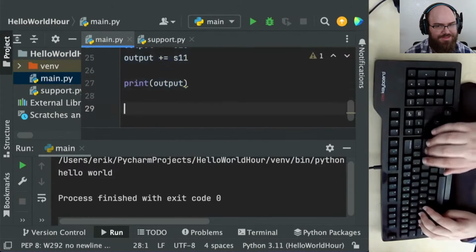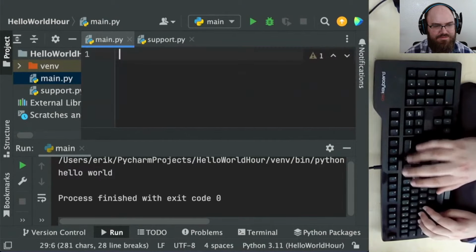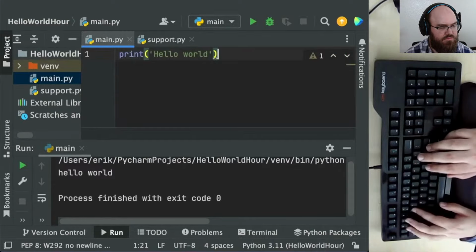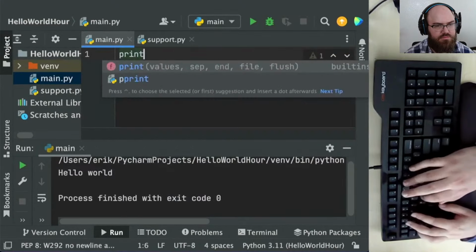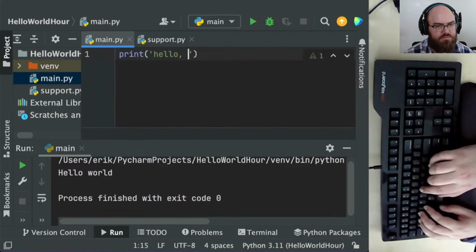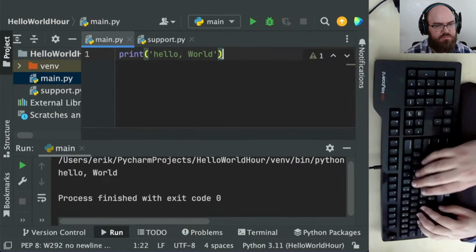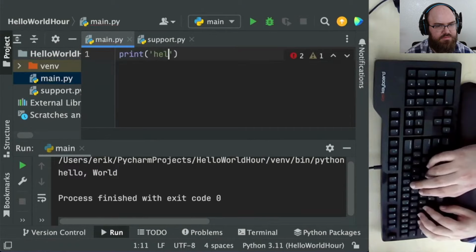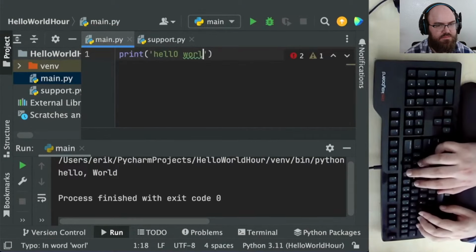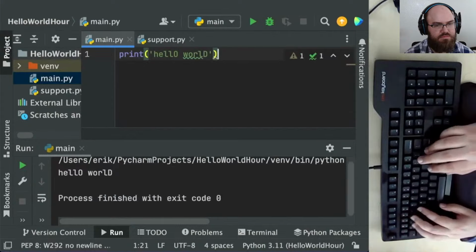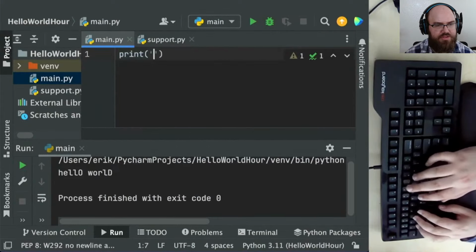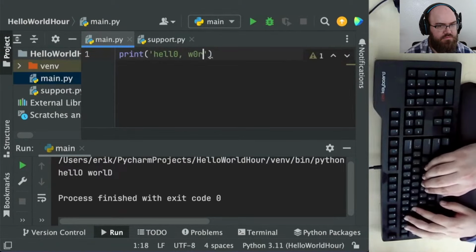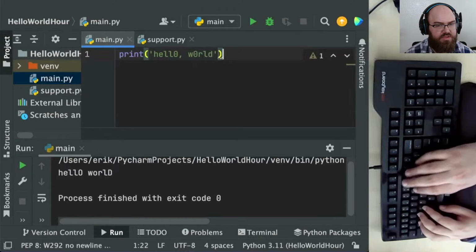What a surprise. Switching it up with the capitalization. That's nice. Switching it up more with the capitalization. Some zeros for O's.